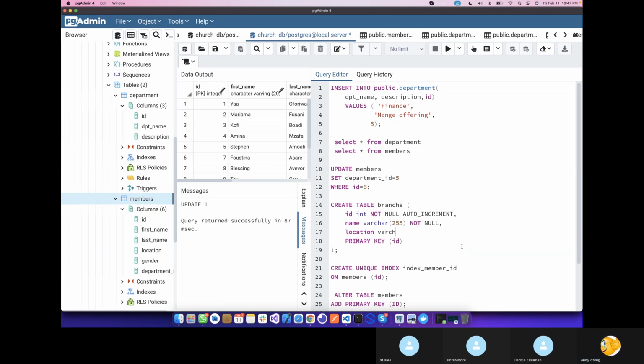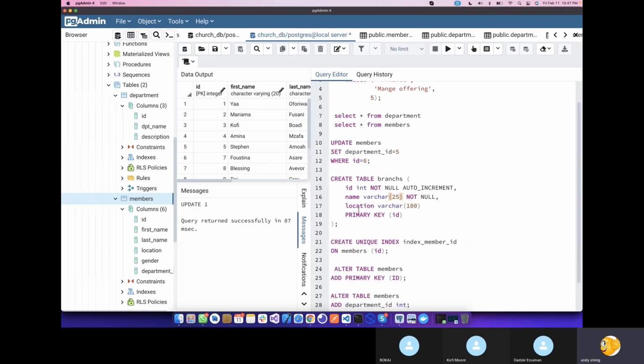Baka 100. Let me make this 25. It's even too much. There's no one. So branch name 25. 25 is okay. So if I run this,